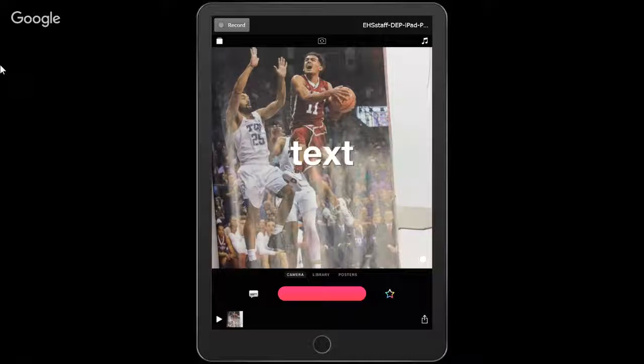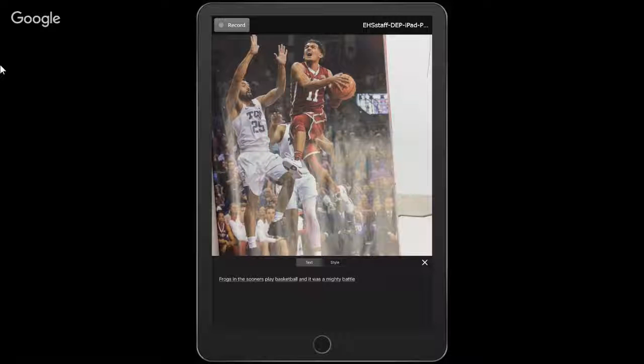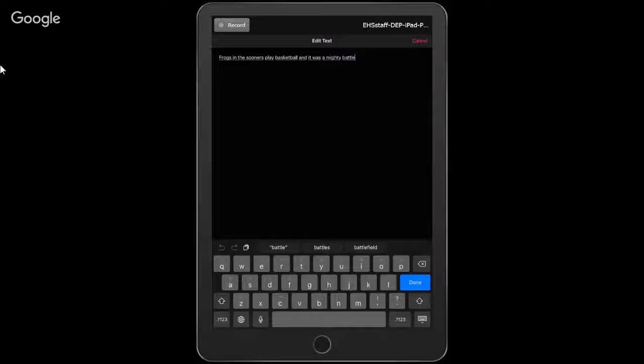And so now we can actually add live titles to this one specific. So it says frogs and the Sooners. So what's nice is that you can actually go in here, and of course, I don't speak all the time correctly, so we can actually go in here and we can say frogs and the Sooners play basketball, and it was a mighty battle. All right. So what's nice is I can go ahead and click done,